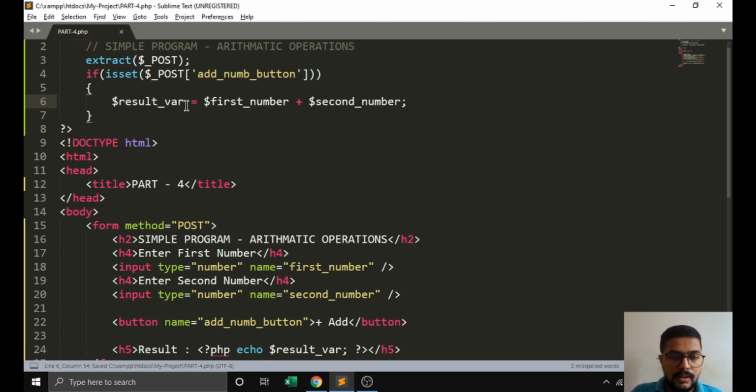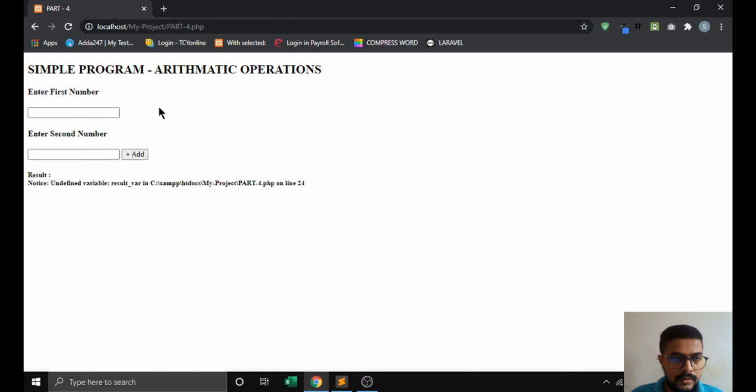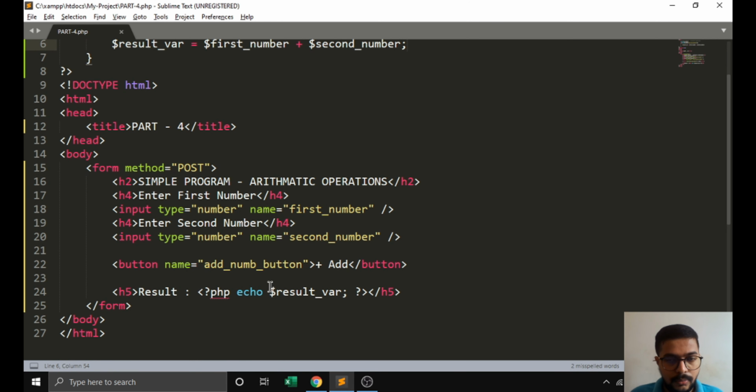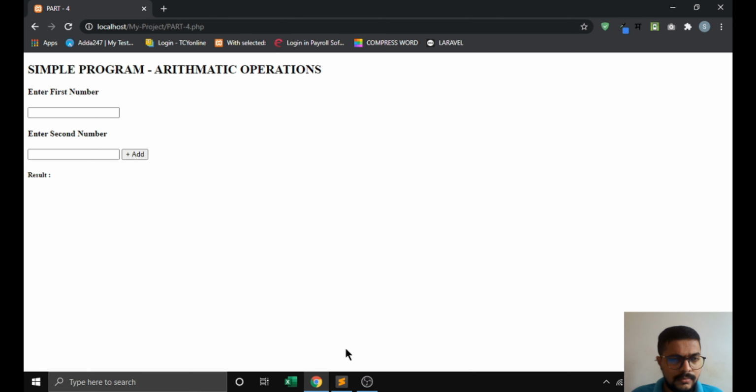We are looking at the output. Here we will get one notice because the result variable is not declared, so we have to declare it, or we can put @ here for null or undefined variables. Here we are passing two numbers, 10 plus 50, add. We get the result 60, but the values of my text boxes are lost,